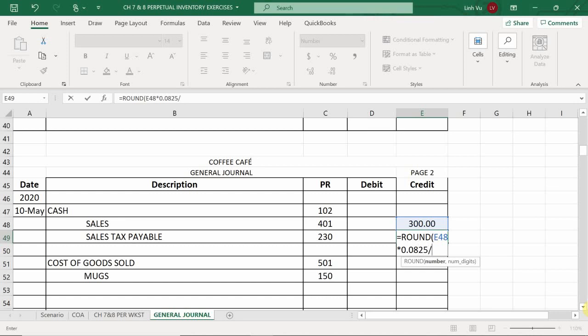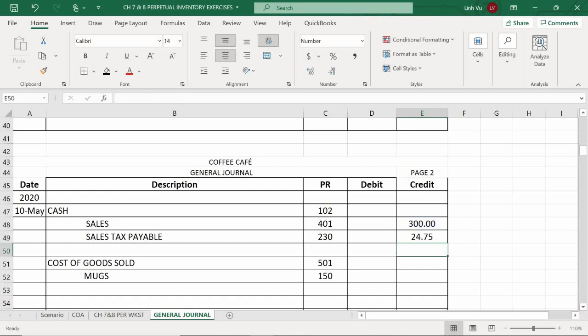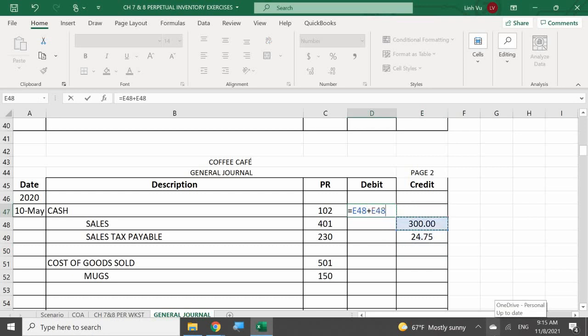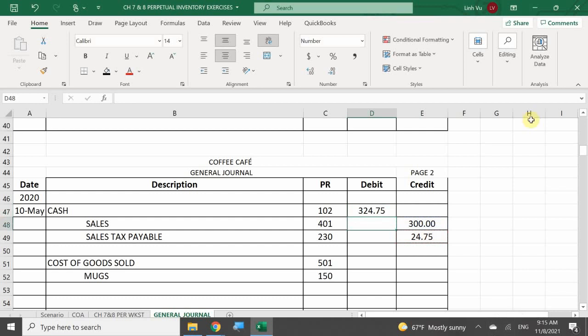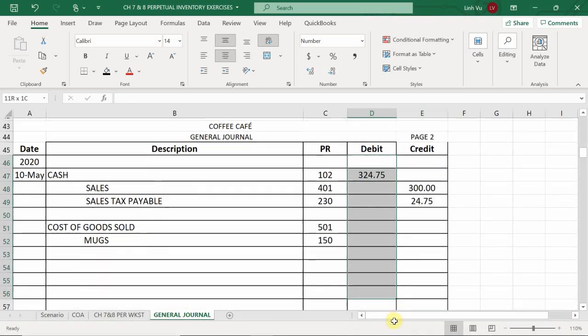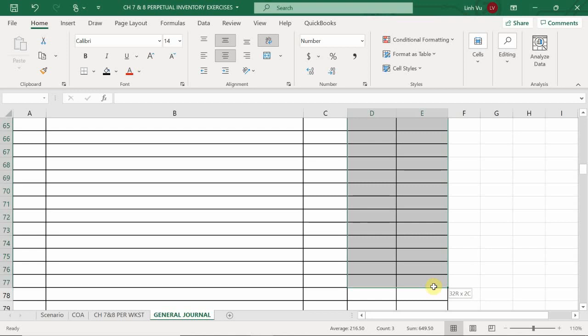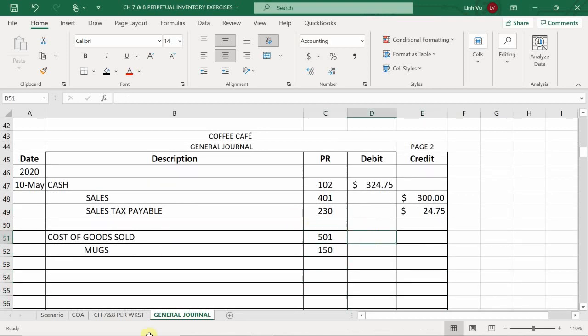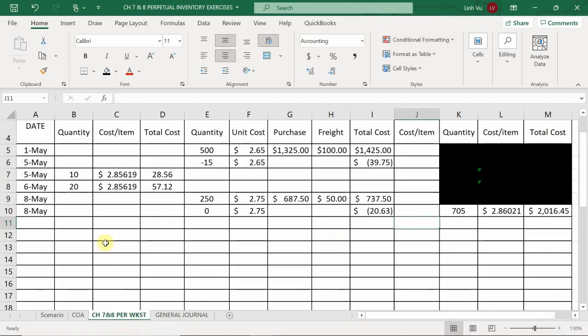$8.25? Okay, giving me a total amount of cash for sales tax. How much tax am I charging? $24.75. So how much cash am I going to be receiving in grand total? $324.75. Okay, good. So I'm going to reformat this real quick. Now we need to calculate our cost of goods sold because in this case, with our new inventory average